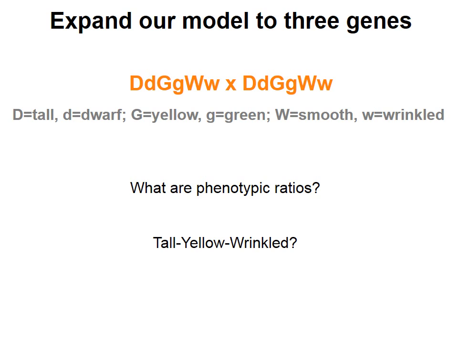If we break this big problem into three little problems, big G, little g, crossing with big G, little g, how many are going to be yellow out of that? 3/4 again, right? If big W, little w, big W, little w, how many are going to be little w, little w? 1/4. If all of these things have to happen, so I'm saying if an individual is tall and yellow and wrinkled,